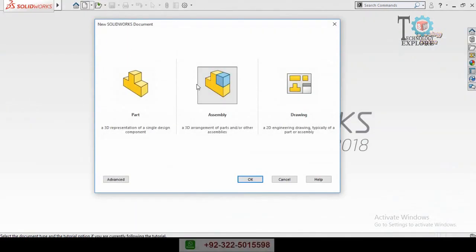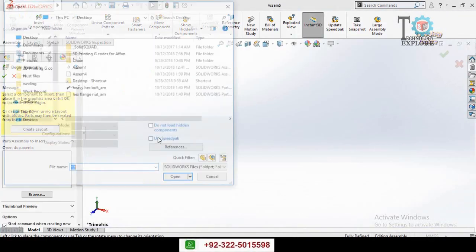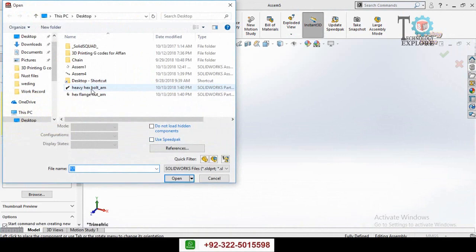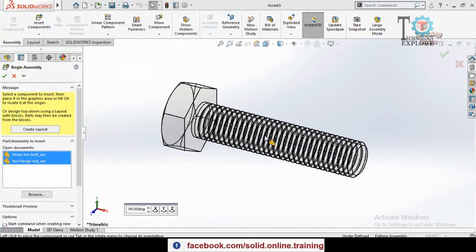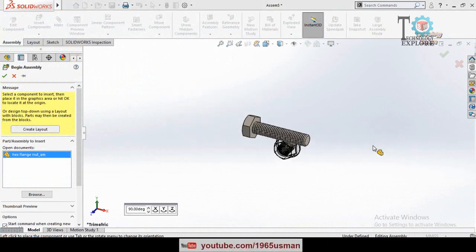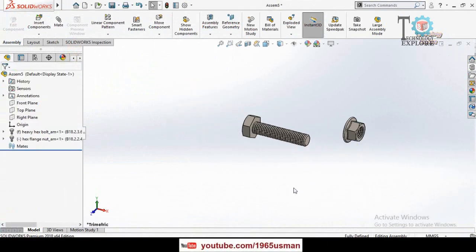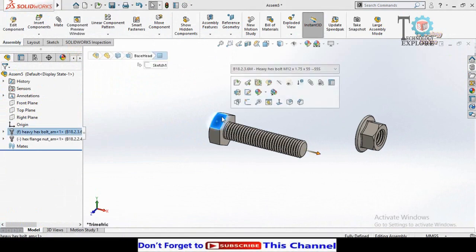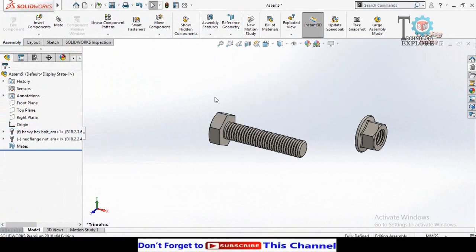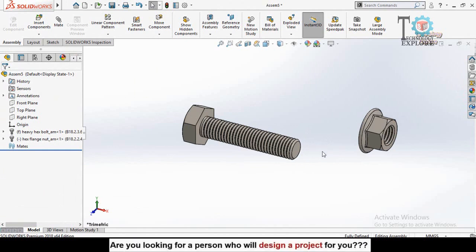So for that, click on the new button here, then select assembly. Now import the bolt and nut in the assembly. So this is the bolt and this is the nut. Press the escape button. Now click on this bolt, and to make screw mates we have to make a reference